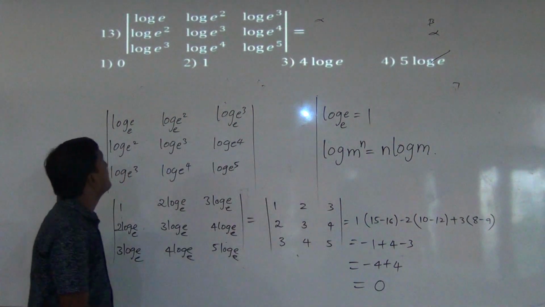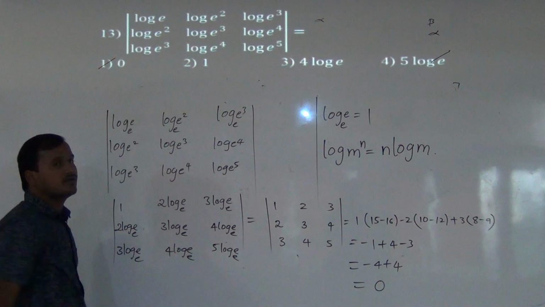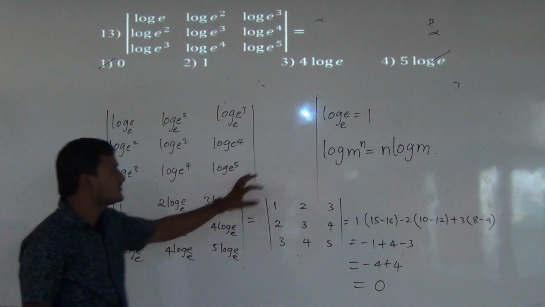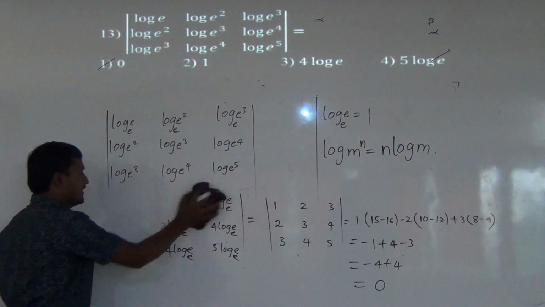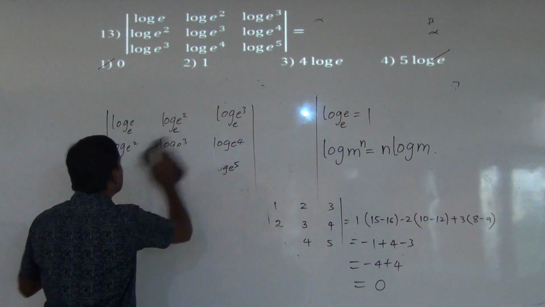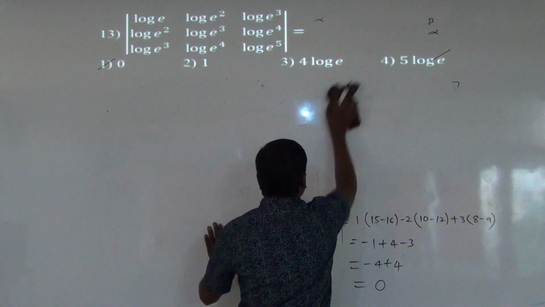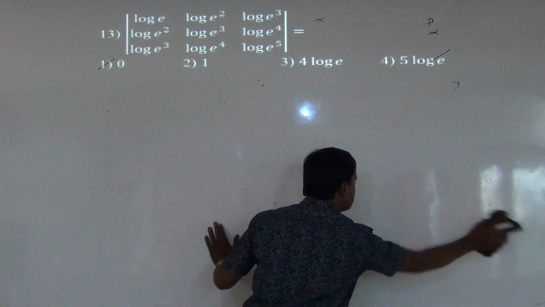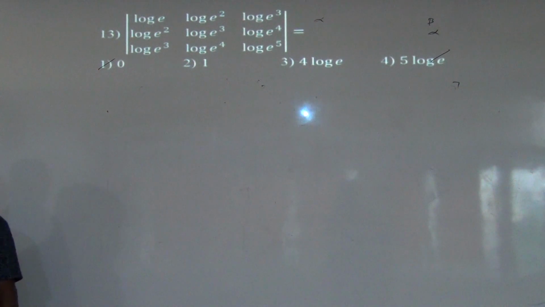So therefore which one is the right answer? So therefore the first one is the right one. So here just I have used these two formulas, right? Next we'll go for next question. Okay, the next question is this, right?